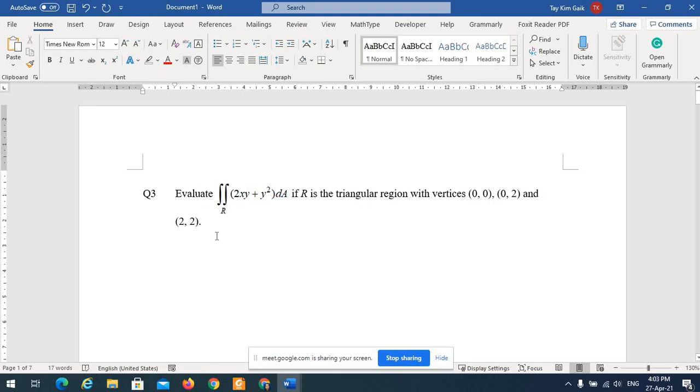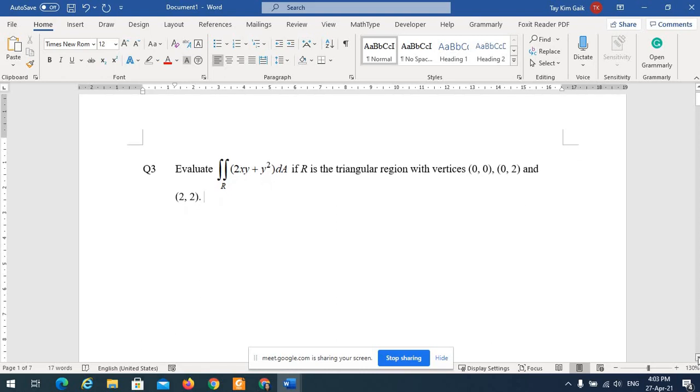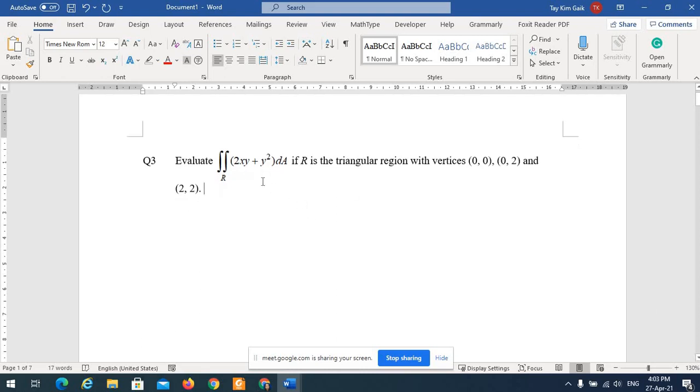So some questions the graph is not given, so you have to sketch your own. That's why in the assignment, they ask you to plot all kinds of graphs, because you need all 2D or 3D graphs in this chapter and the last chapter. And make sure your base in this chapter, multiple integration, is strong, because we use it again in the vector